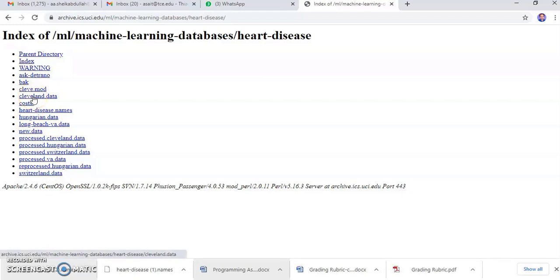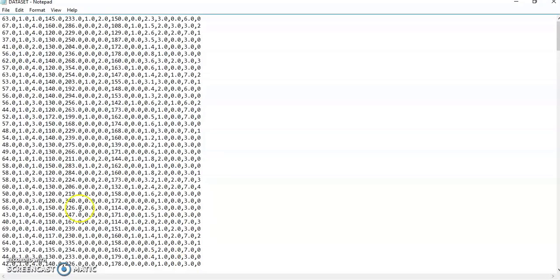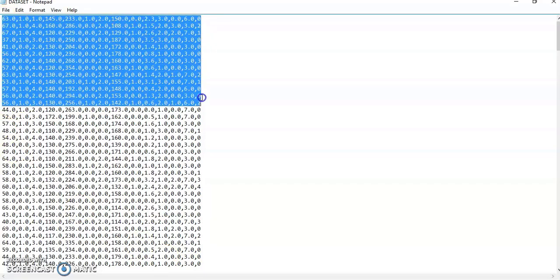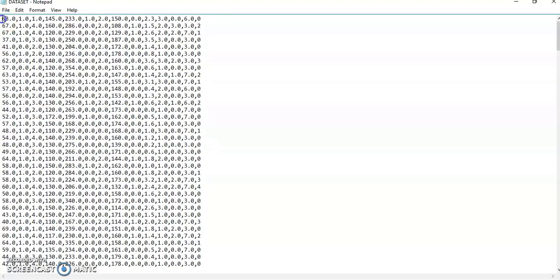Here I am going with the Cleveland data and downloading it in the form of a text file. So here I will be getting the data. You can see this data. Each tuple of record corresponds to a particular category of heart disease syndrome. This is completely a numerical continuous data set.